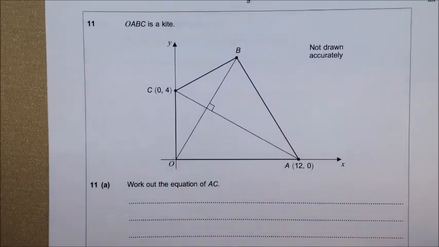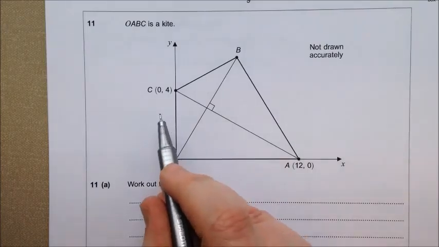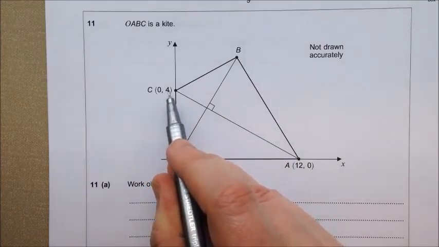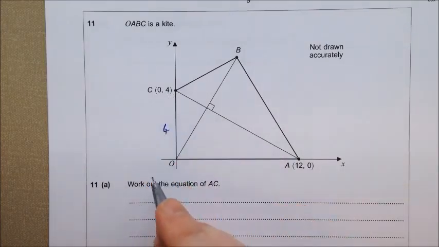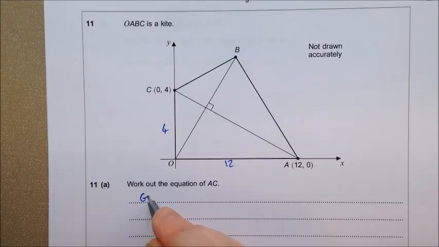Okay, next up, question 11. We're going to write out the equation of AC. So we need a gradient first of all. So I'm just picturing this triangle. It's gone from 4 up this axis to 0, so that's 4, and from 0 along to 12 along, so that's there. So the gradient, the rise over run,